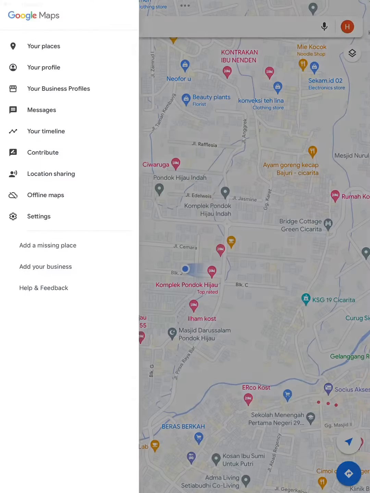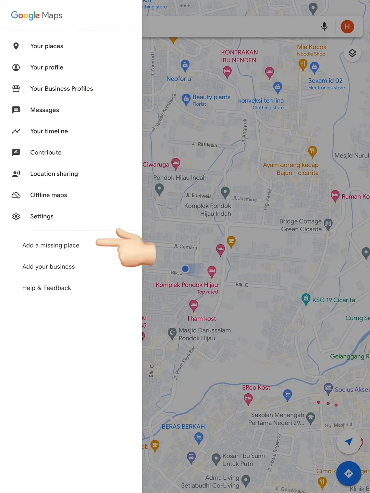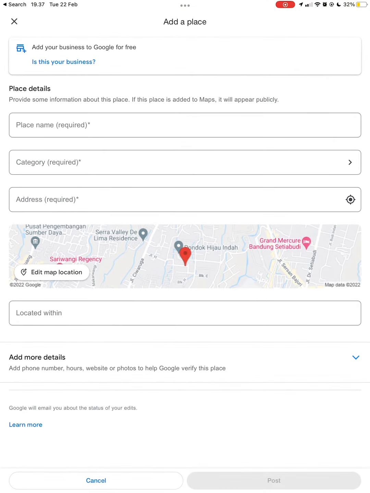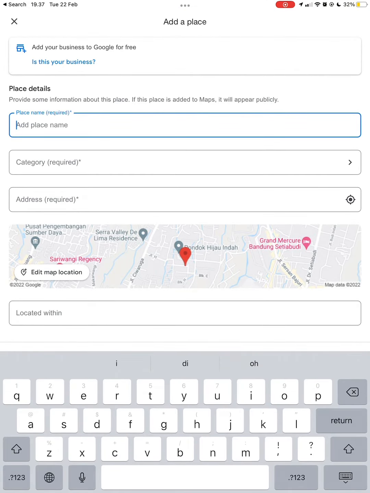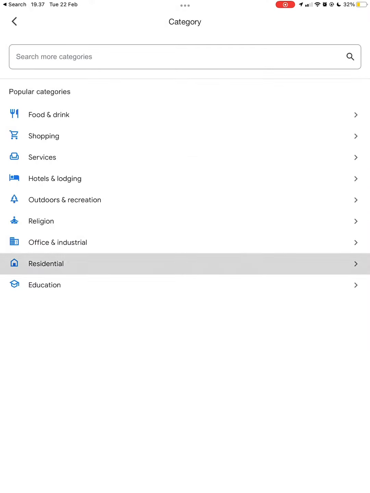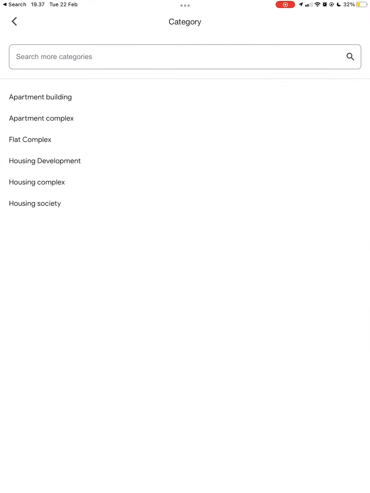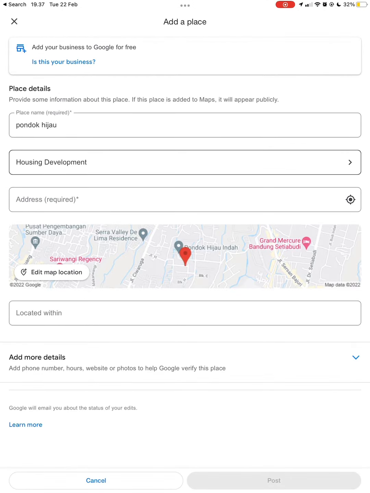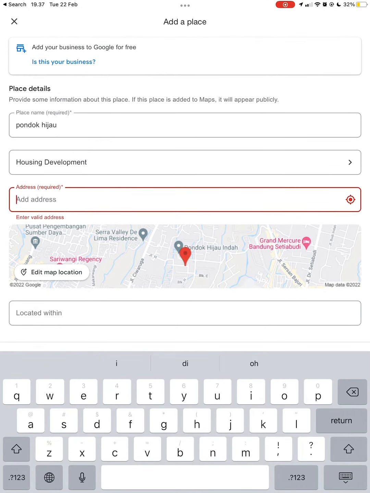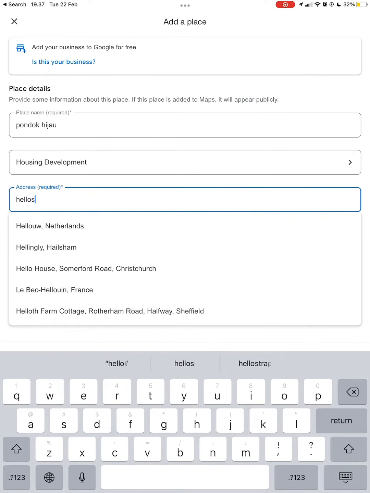So besides search, press that tab there and then you go to add a missing place. And then once it opens, you just have to add the place details. So for example, in here you place the name of your place and then category, for example, housing development, and then you have to enter your address. So just type in your address there, and then